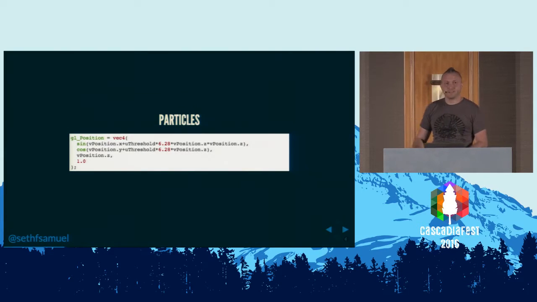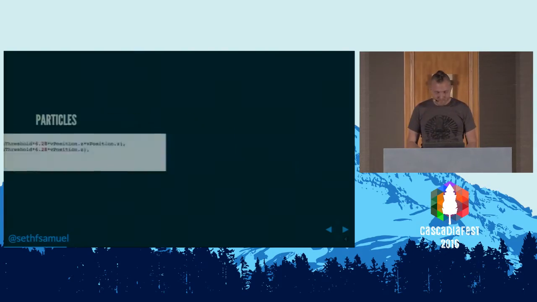All right, and particles. It's not a WebGL talk without a particles demo. So here, much like we had GL frag color before, we have GL position, which is in the vertex shader. We do a bunch of sine and cosine math, basically to spin things around in circles in 3D space. And what we get,